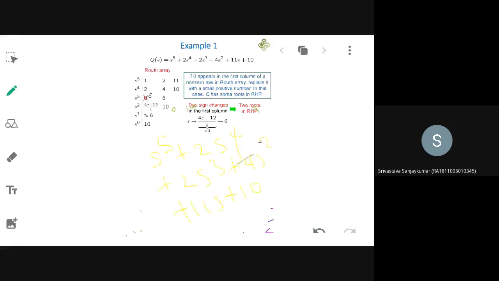Okay, try to work out the problem and tell me what happens. What happens to the third row, first element? What will it be? I will pick out someone to get the answer from you, so be ready. So how will you form the first two rows, sir? From the characteristic equation. S3 is missing. You have to tell me what was the polynomial, then only I will be able to do it easily.